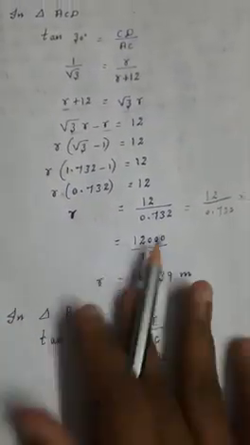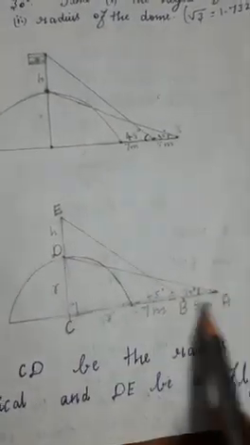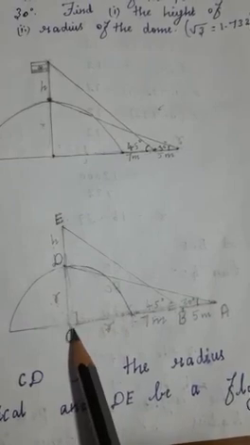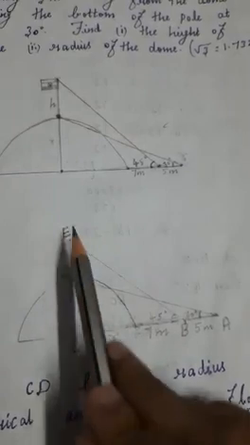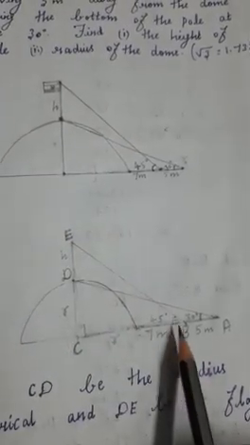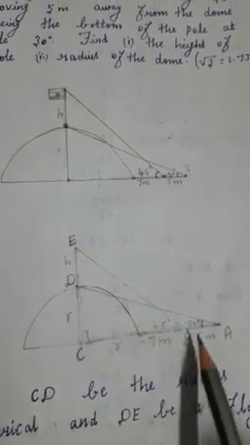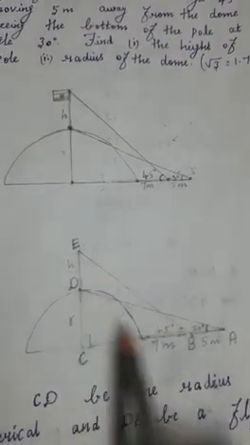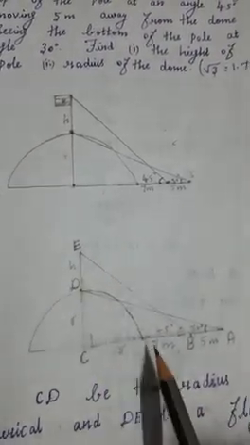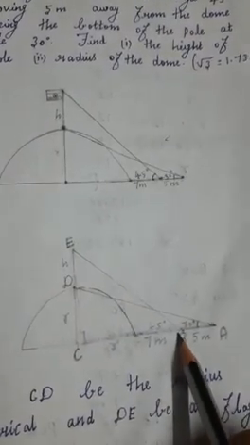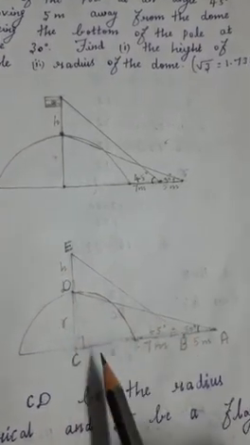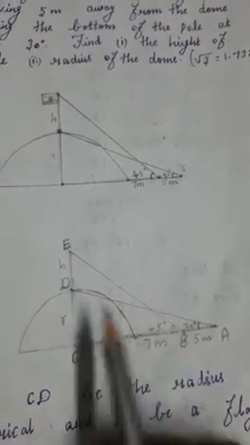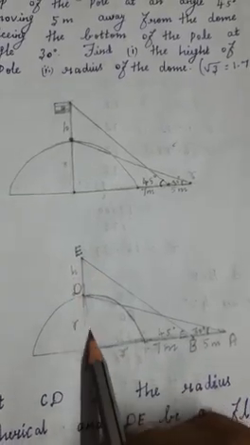Next right angle triangle. What is it? This we already have taken. The next right angle triangle is BCE only. Right angle triangle BCE or ECB. Next angle, what do you know? Angle B. How can we write it? CBE or EBC, that is 45 degrees. Here also you know this full length is R plus H.